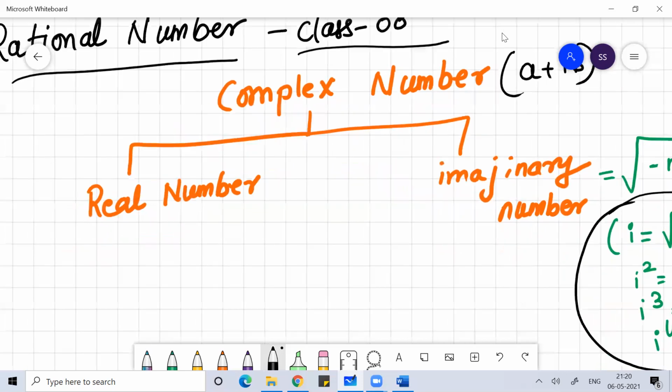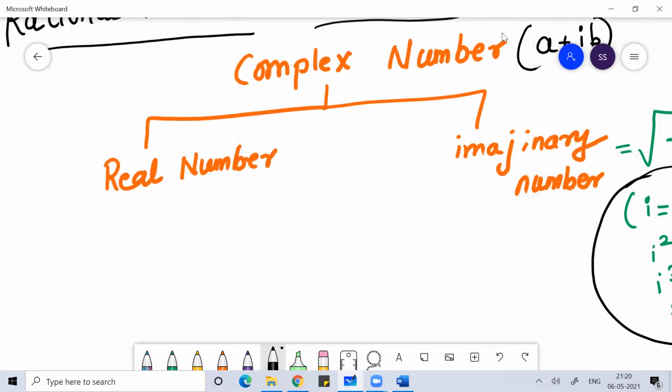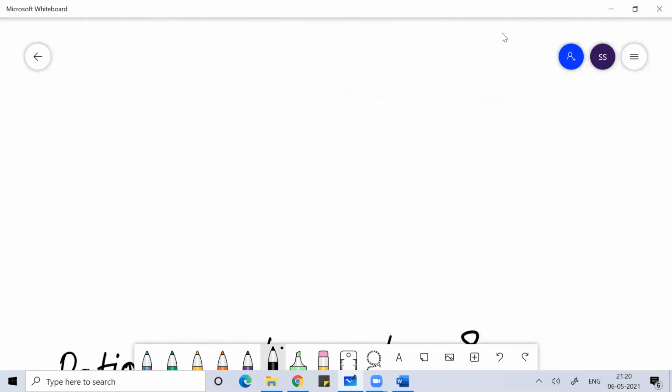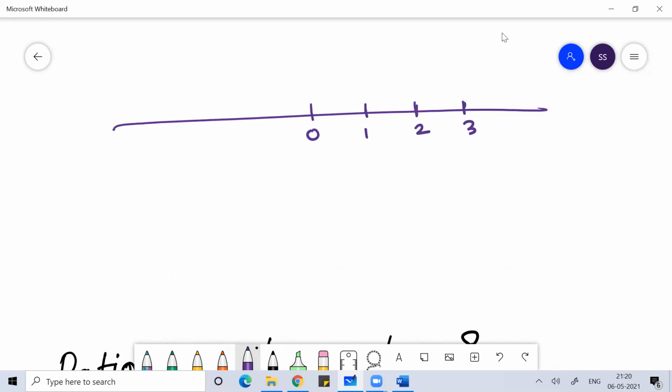Real numbers, what are real numbers? The real numbers are those numbers which we can represent on a number line. I believe you know what a number line is. So the number line, I hope you have seen: like 0, 1, 2, and so on, and -1, -2, -3. This is the number line, where we believe that the values increase from left to right, where you have a value called 0.